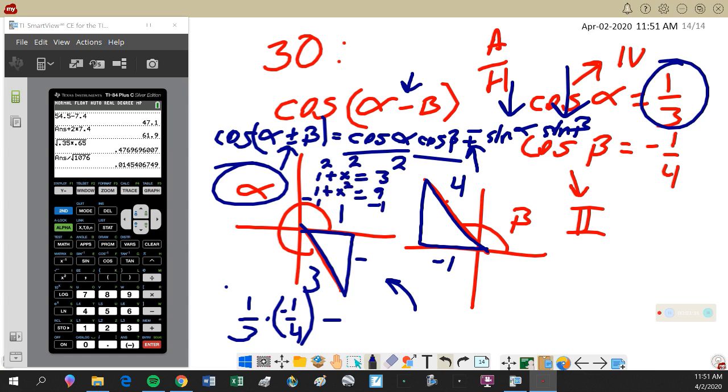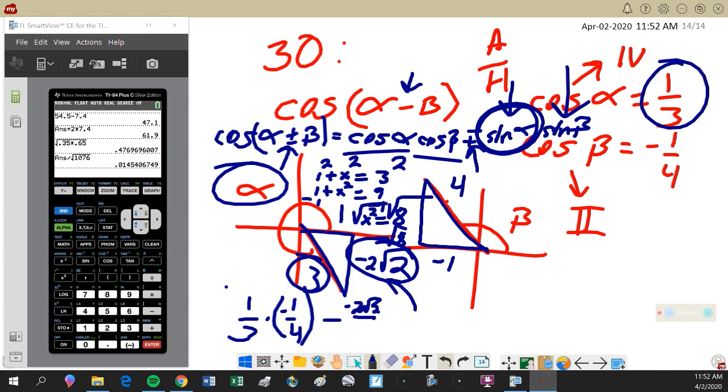Subtract 1, and I get x squared equals 8. Take the square root, and I get negative square root of 8, which is 2 root 2. So the sine of alpha is -2 root 2 over 3, opposite over hypotenuse. So -2 root 2 over 3 times